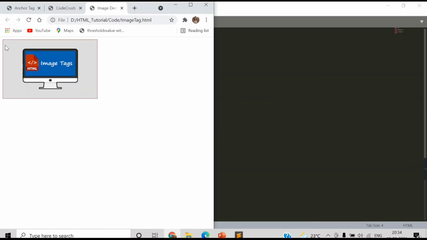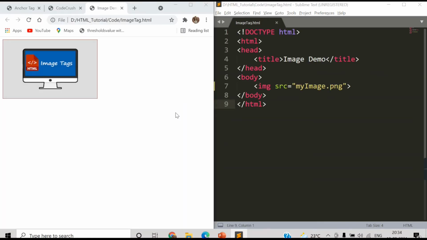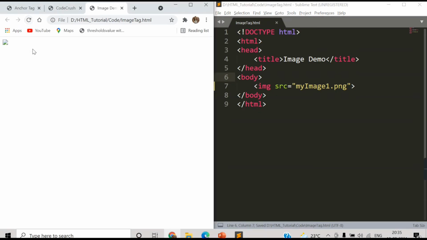See, my image is being displayed here. Let's say if I do something wrong here, if I misspell the spelling here, in that case what am I getting? Here you can see the image is not displayed.